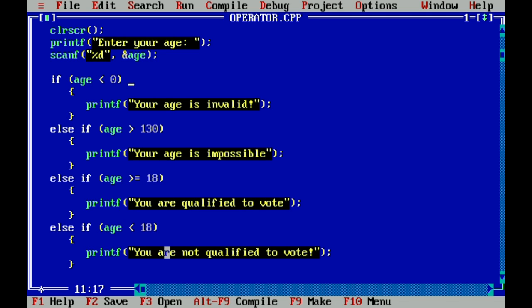Okay, so going back to your if else, you can actually omit this one. This one is your last else statement.